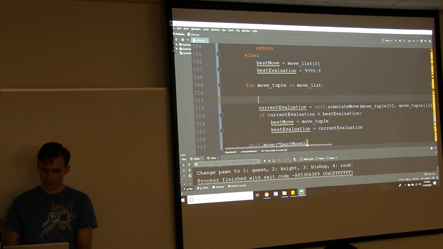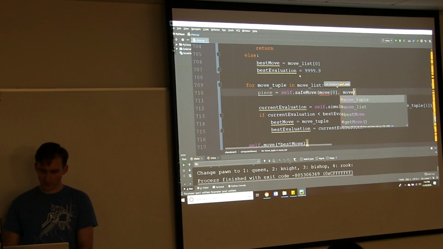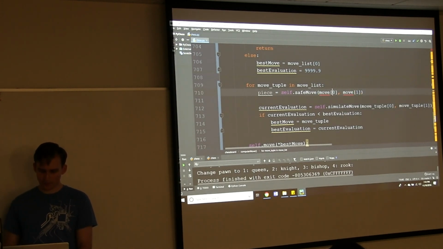So if you're starting to detect repeated code, you are completely right. So once again, we want to enact the move. Enact the move, then do Minimax search, and then undo it on the backside.